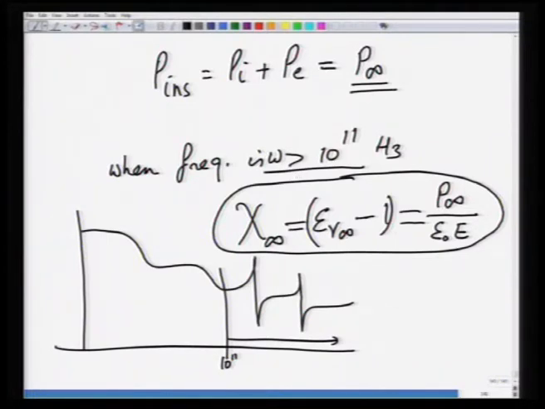So, this chi infinity is equal to epsilon r infinity minus 1, which is equal to P infinity divided by epsilon naught E, when the frequencies are above 10 to the power 11 hertz, with the operation of only two polarization mechanisms which are instantaneous in nature, the ionic polarization and the electronic polarization. What happens between